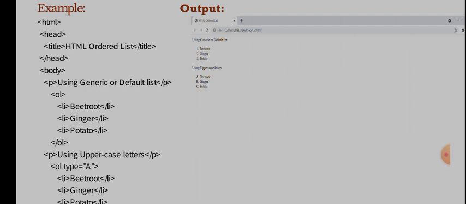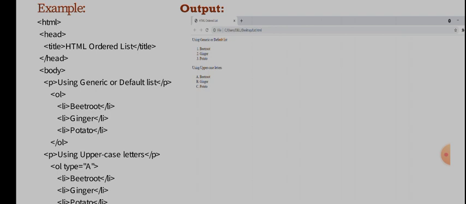Coming to the example, every HTML program starts with the HTML tag, and in the head section I am taking the title as HTML ordered list, and coming to the body section I wrote a paragraph using P, using generic or default list. Here I am taking the ordered list OL tag. By default the OL tag is numbered 1, 2, 3, and I am taking the list items using the LI tag.